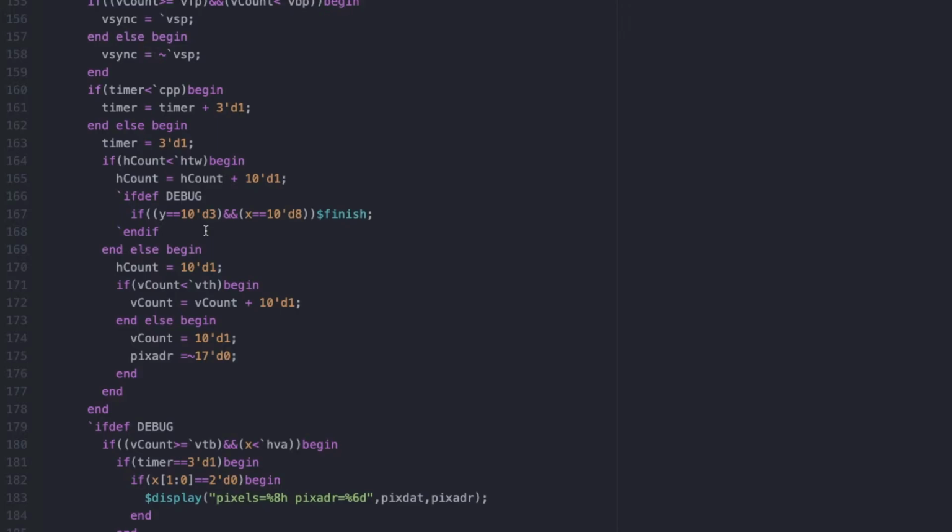So here we're adding 1. If it goes to the next line, then we set the horizontal count to 1, and we check if the vertical count is the total height. Vertical total height. And if it's less than, you just add 1 to it. If it's equal to it or greater, then we're going to do vcount equals 1. Again, not counting 0. And we set the pixel address to the negative